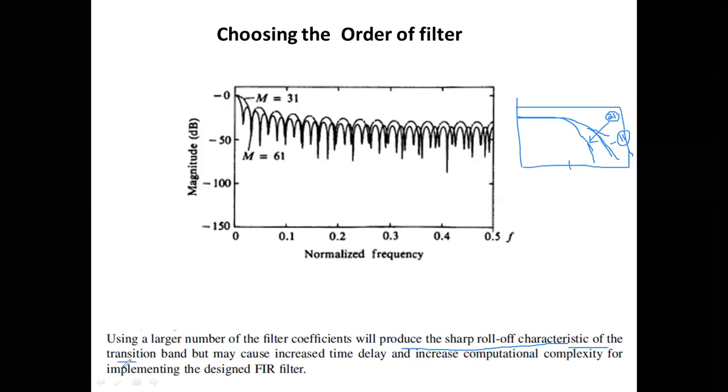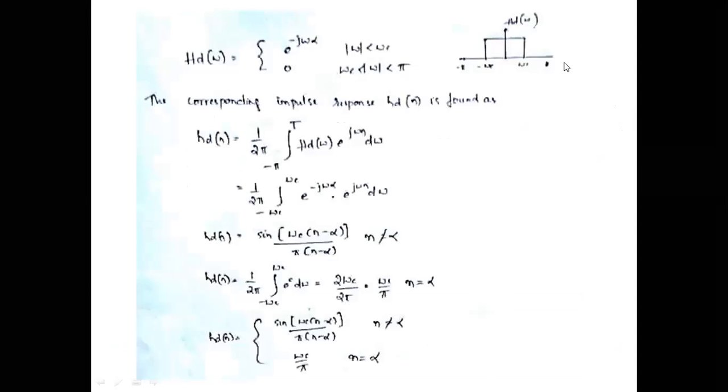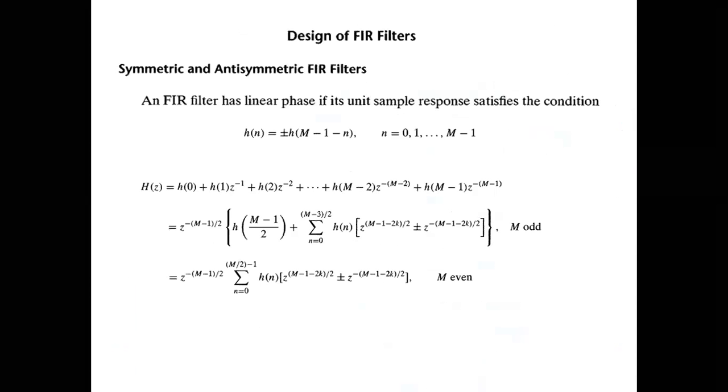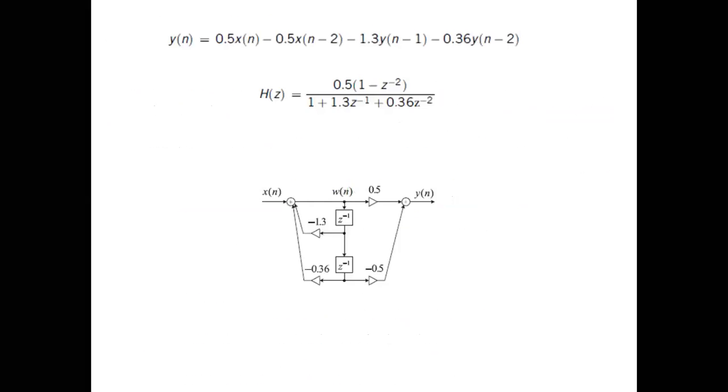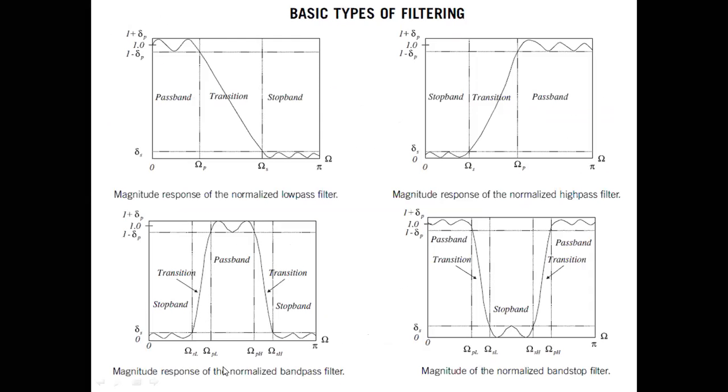I was telling you in the previous class, there is something called the pass band, something called the stop band, and then there is something called a transition band. See here, this is what I was referring to. Ideally the width of the transition band should be 0, but it doesn't happen all the time. A first order filter will have a high transition band, whereas for a second, third, fourth, fifth, sixth order filter,